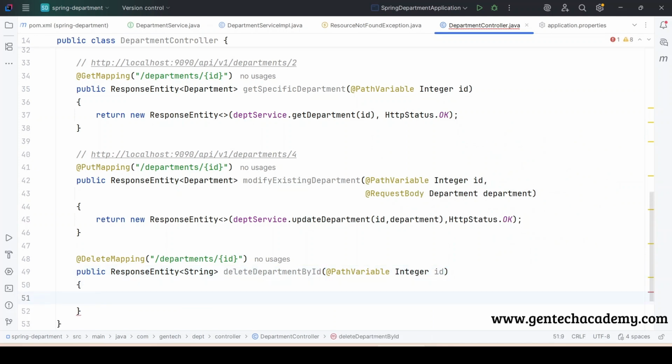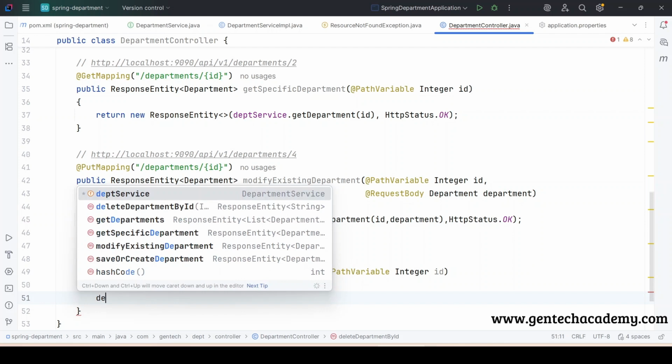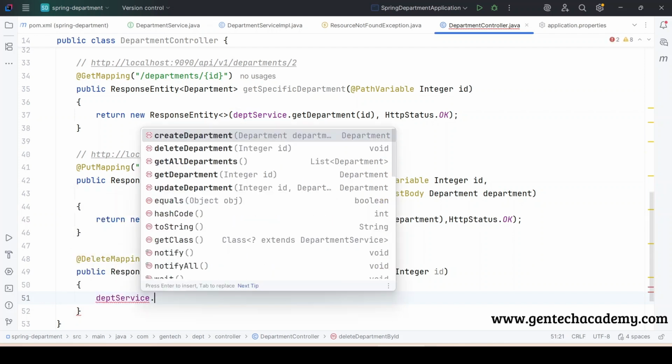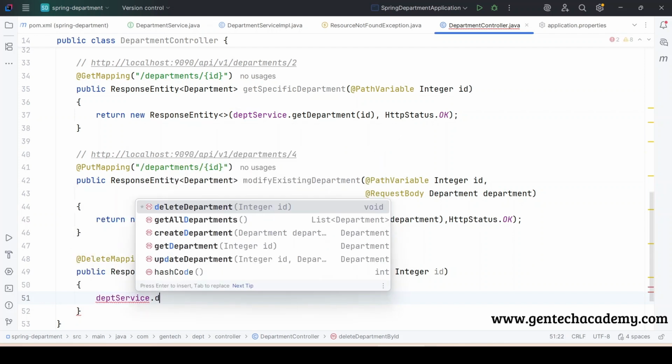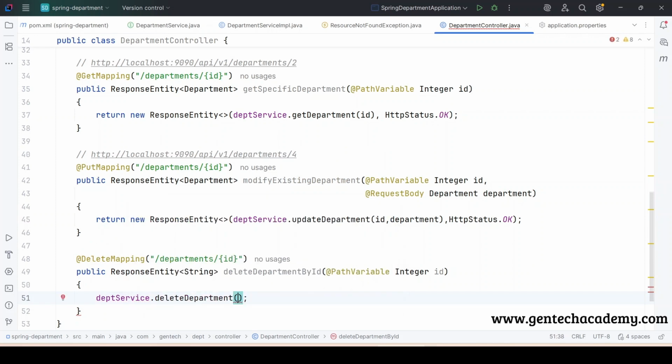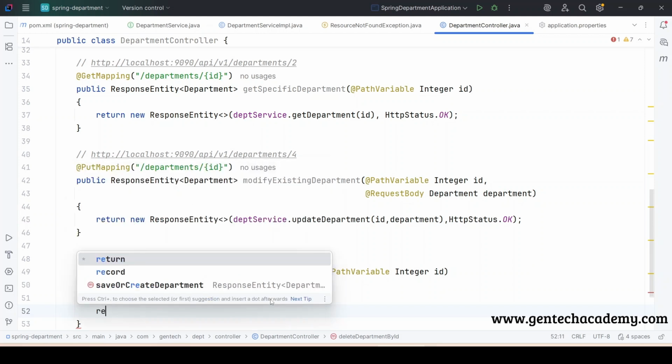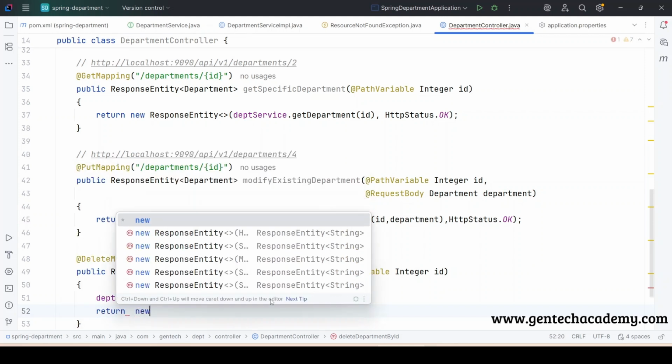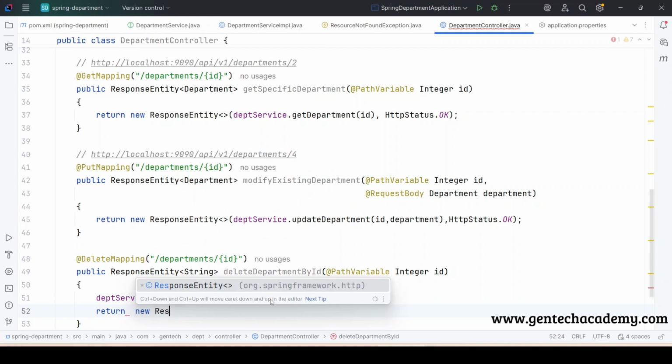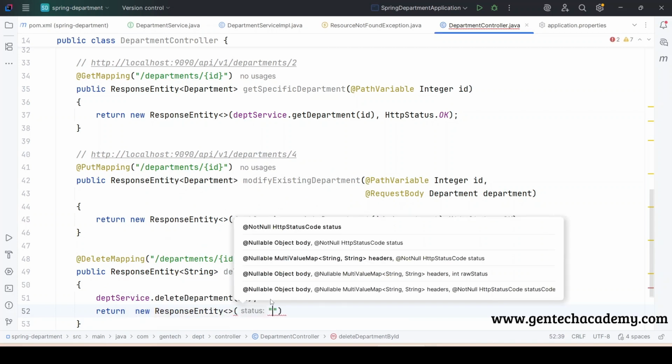First we need to delete this particular record now. dept service dot delete department, the corresponding ID we need to provide. So it will delete the record permanently from the database. Now we need to return the response entity. For that purpose, return new response entity. We should provide the message